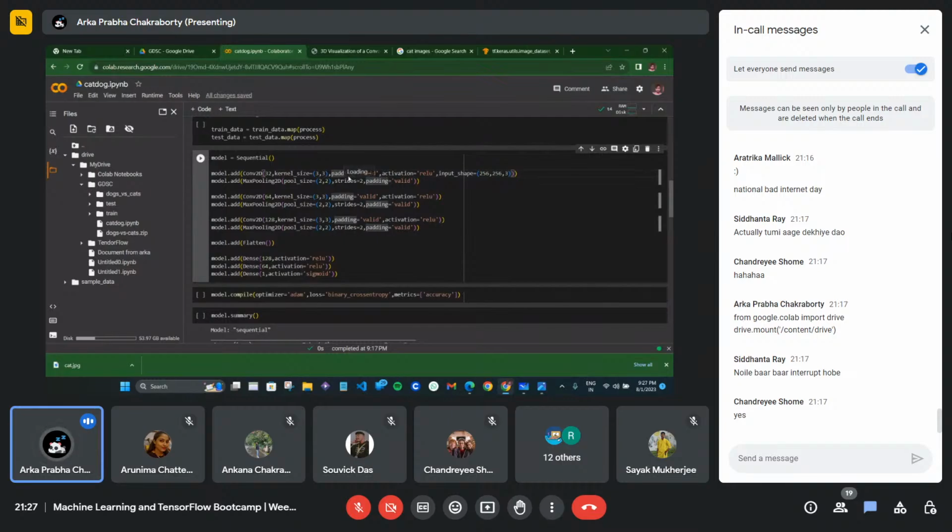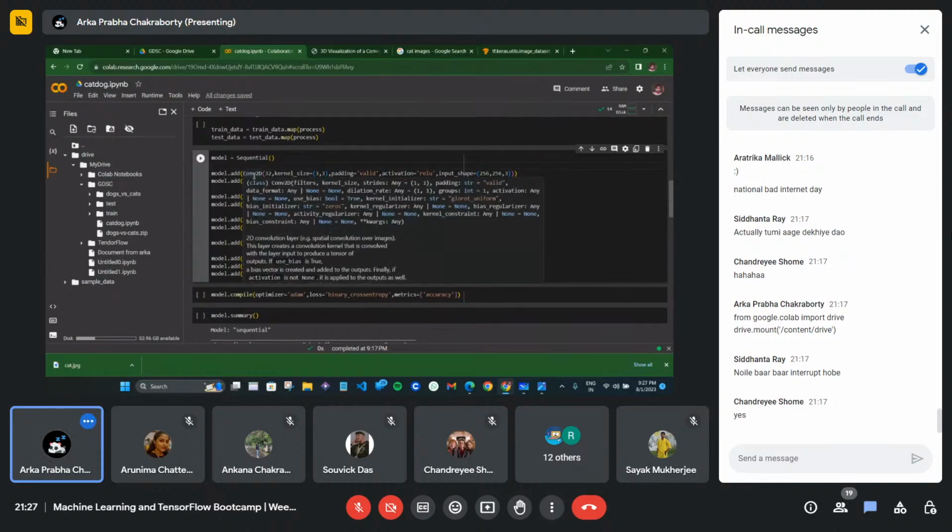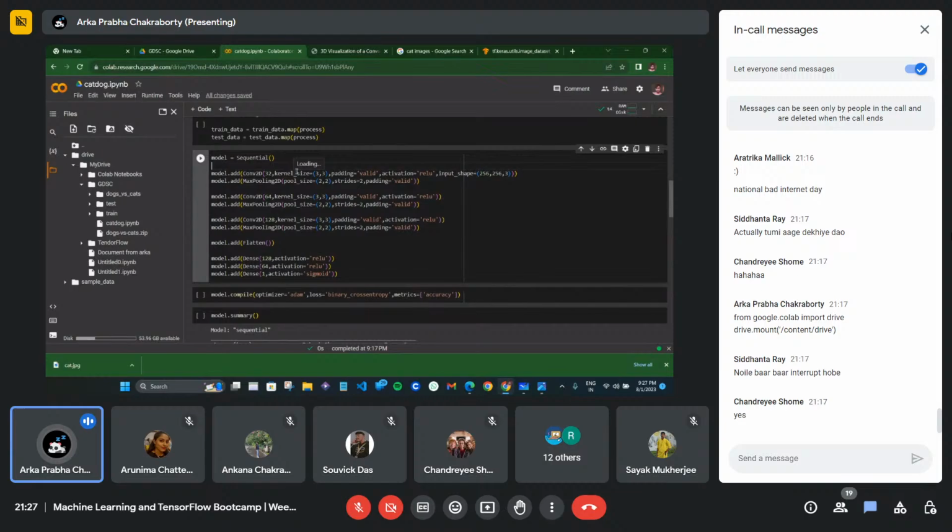Padding, I've not explained these things also. So whatever I have explained, for now I'm implementing the first convolution layer. The first layer, I've told you again and again, will be implemented to compress the picture and extract the main features, right?